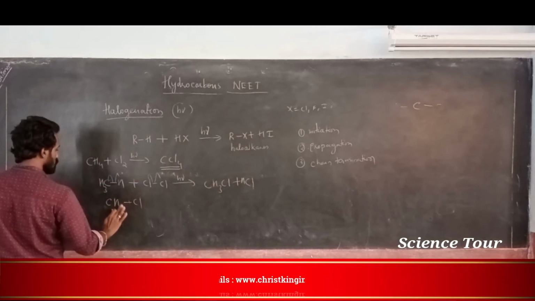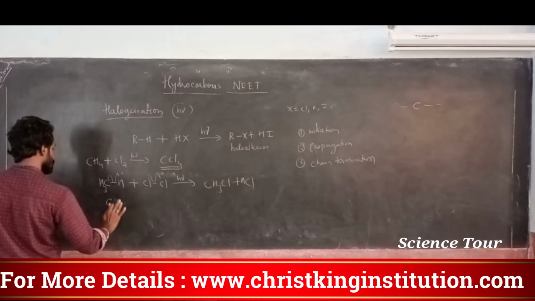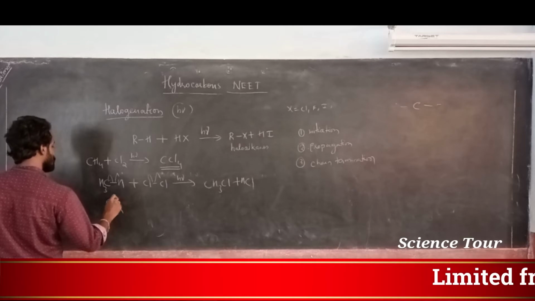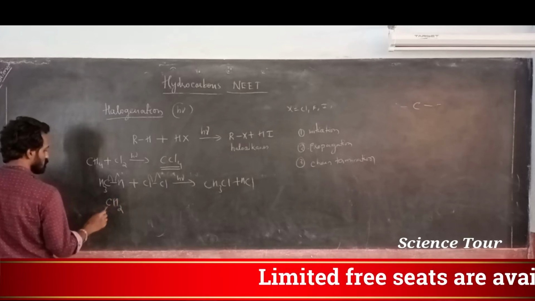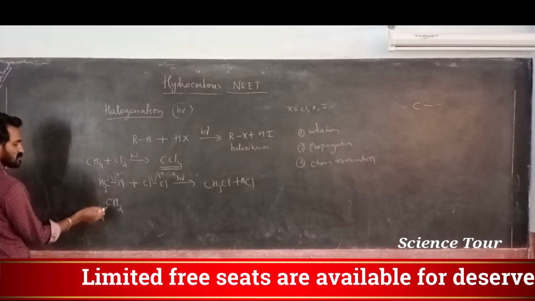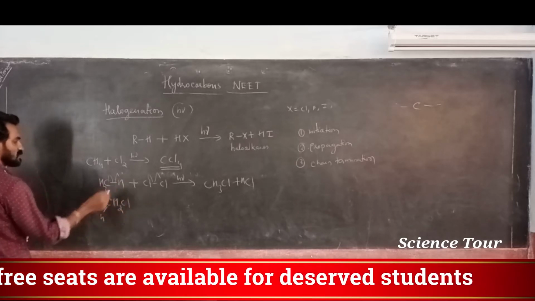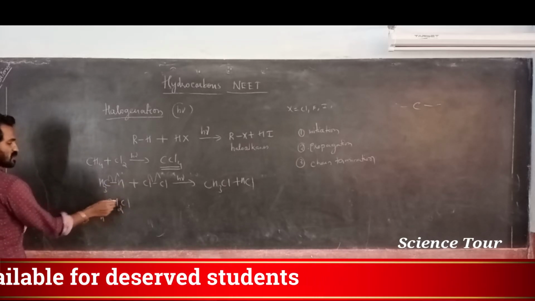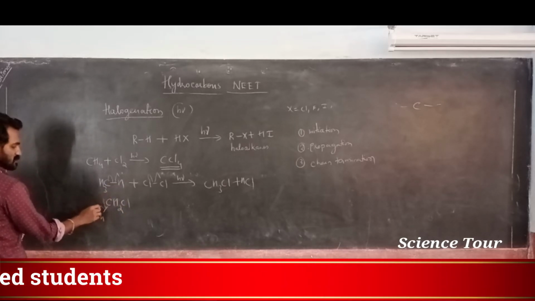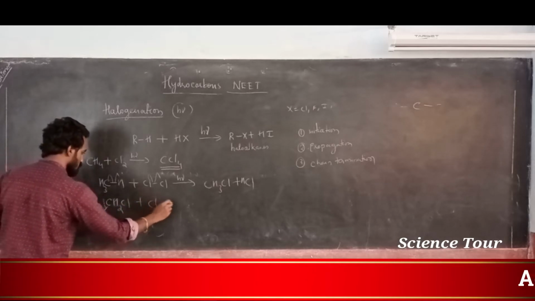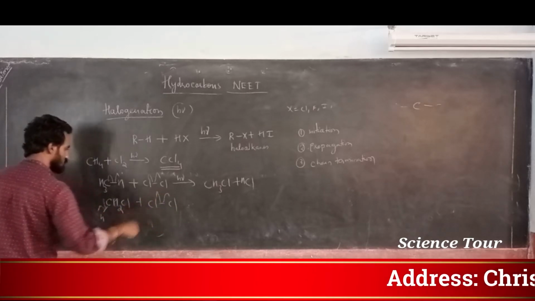Understood? Here CH3 I will write like this, CH2 one of the H I will write like this. So this one of the H will be removed like that only. The same procedure, CH2Cl is there. Total this is CH3Cl. But again this reaction takes place. Again chlorine is taken. Understood? That reaction is taking place.